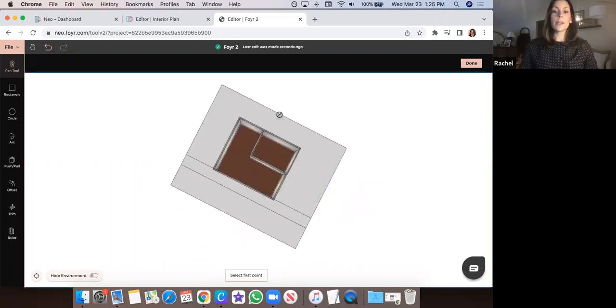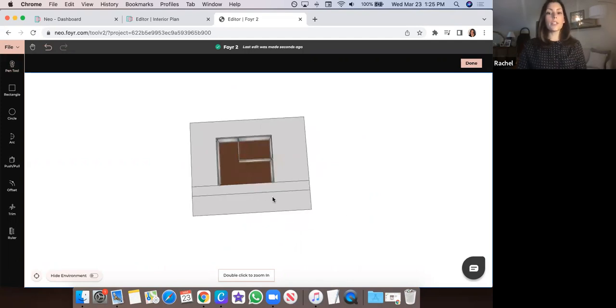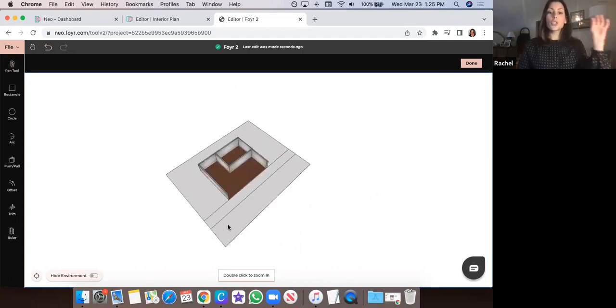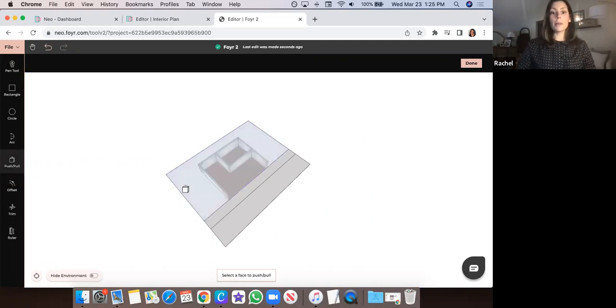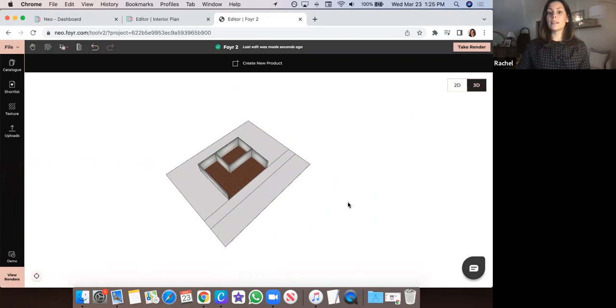And then maybe back here we have lawn. We'll just keep it simplistic for the sake of time, but just to give you an idea. So now that I've drawn these hard lines, you can always check by grabbing push pull and just hovering your cursor over each section to make sure that your lines have been drawn all the way to the edge. And all of these will be separate sections that you can manipulate, which means you can also apply different textures